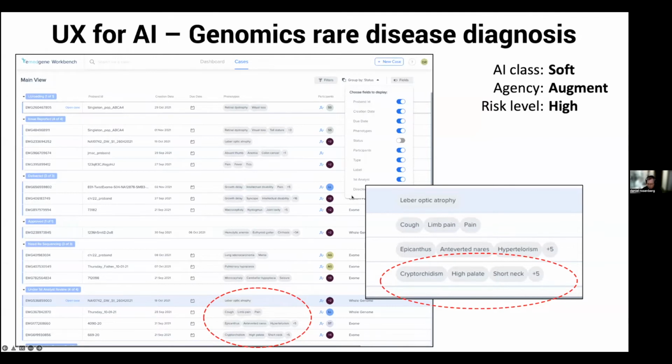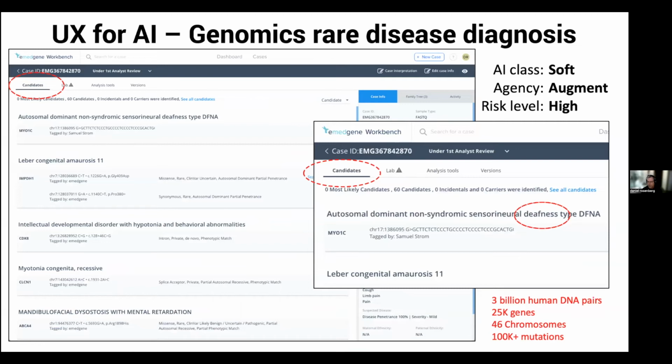So how complicated is this to do? Well, in a human being, you have approximately 3 billion pairs of DNA. They divide into 25,000-ish genes in 46 chromosomes in every cell of your body. And if you sequence a perfectly healthy human being, you would probably find at least 100,000 genetic variants of different types from a reference genome. So the fact that there is variation is not in and of itself indicative of a rare disease.